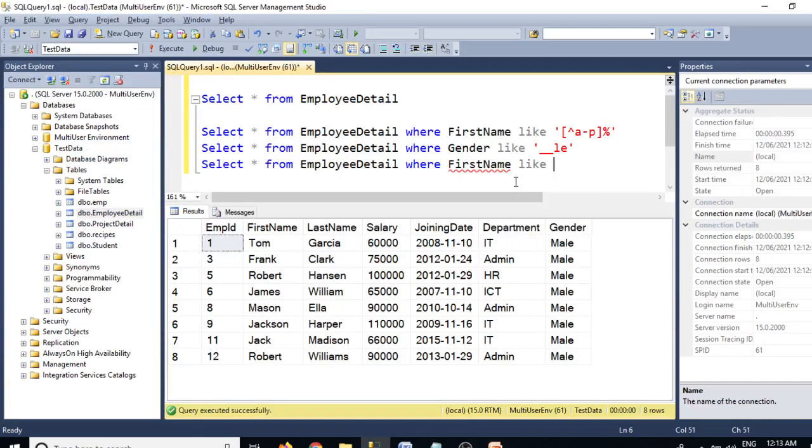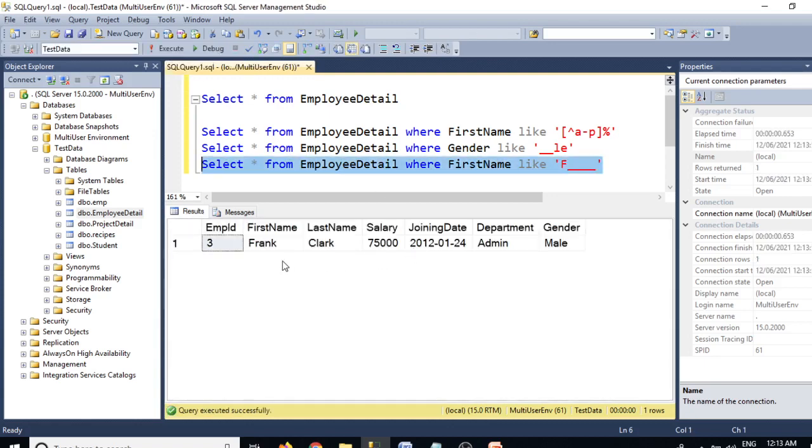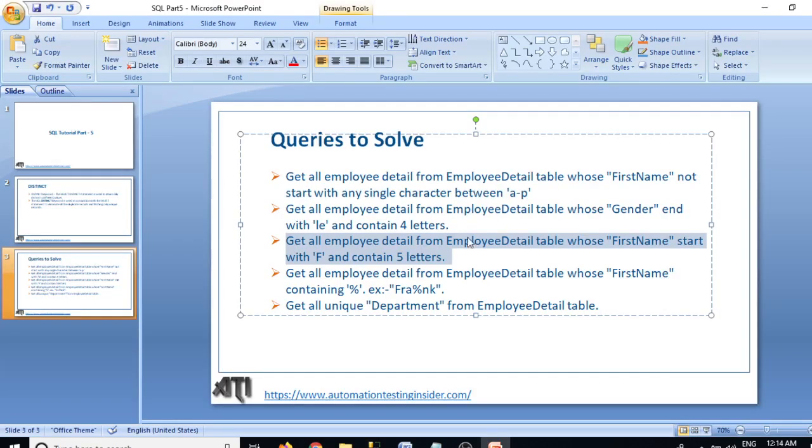First name like, starts with F and contains 5 letters means we'll put F then 4 underscores, 1, 2, 3 and 4. So this will give me the result. Here we have Frank, which is a 5 letter first name which starts with F.